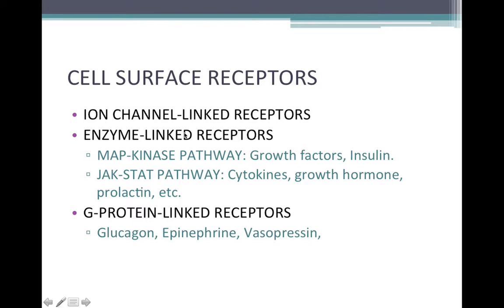Now, this differs from enzyme-linked receptors because these enzyme-linked receptors basically are receptors that, once activated, can activate a more complex intracellular enzyme cascade within the cell, and those enzymes can do a lot of different things in the cell. They can change cellular metabolism, they can change gene expression, they can turn on or turn off different cellular processes because these enzymes basically can have a variety of functions depending on the type of receptor. So we'll talk about MAP kinase pathways and JAK-STAT pathways, but basically these are just enzyme-linked receptors that are associated